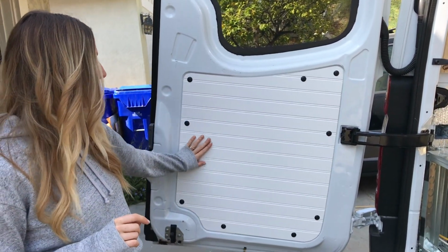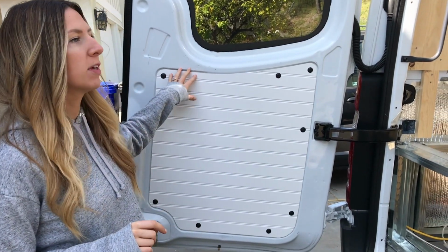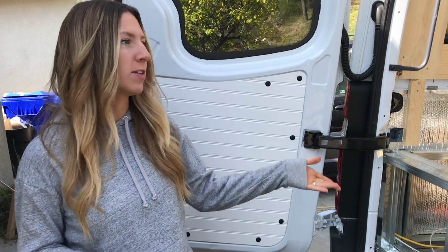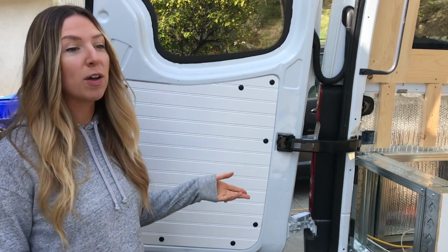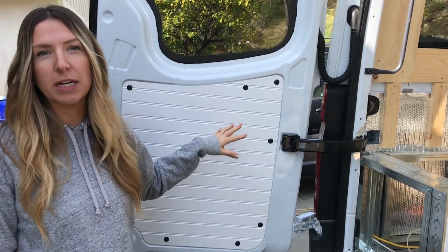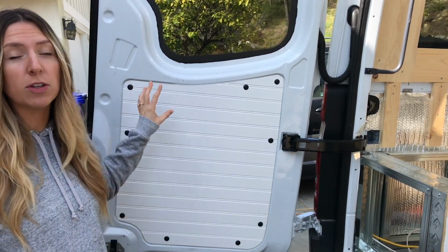The other small project we got done was getting these panels put in here and painted. The van came with really ugly gray panels that were in here, and ours were crumbling apart because the guy that owned this before us, who actually owned a gun store here in San Diego, was hauling a bunch of heavy stuff, and it bashed up the panels. So we took the panels out and used those as a template to use this material,